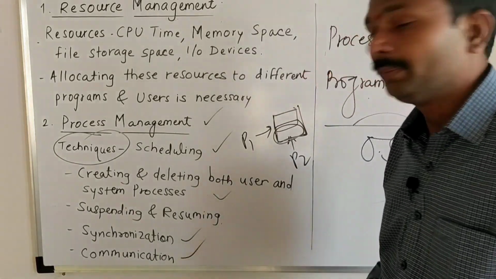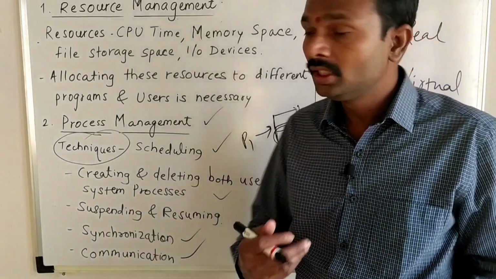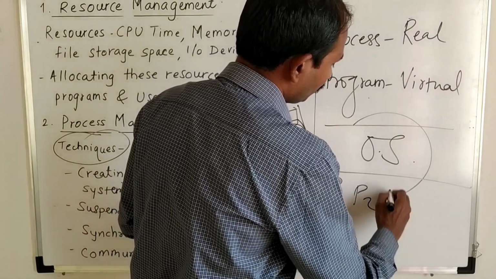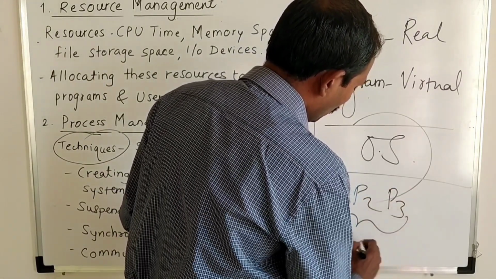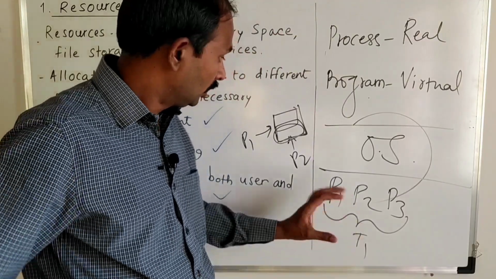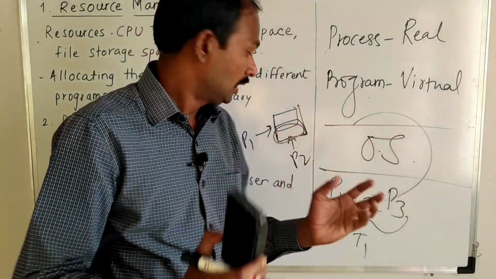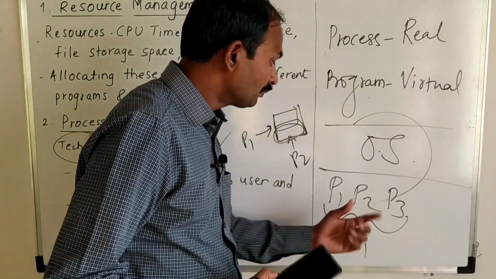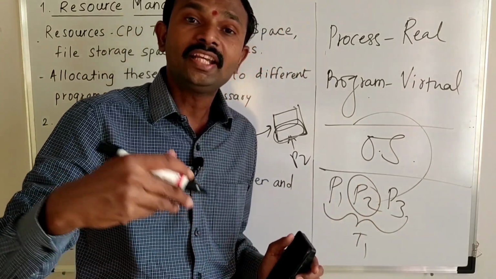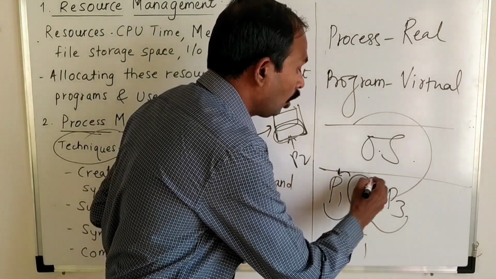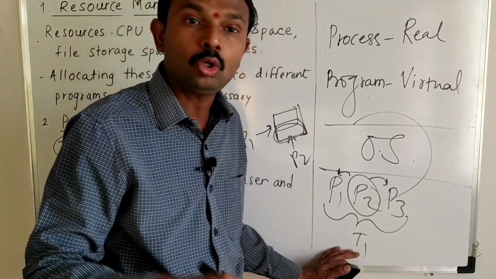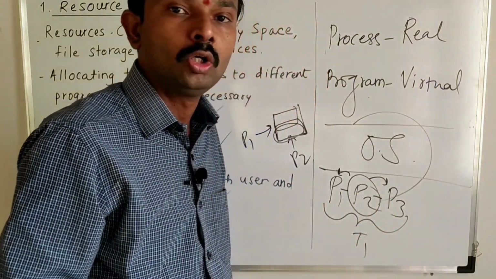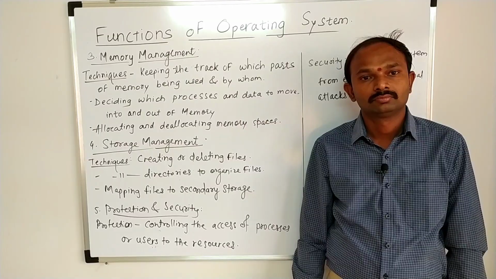And of course, communication amongst the processes plays an important role, because if, let us say, there are multiple processes, for example P1, P2, P3, that want to execute one task T1. So these 3 processes together are executing this particular task T1. What does it mean? If there is a process P2 that is not communicating with P1 or with P3, then this particular task is not going to get executed. So communication amongst the processes plays an important role to perform some activity inside the system.